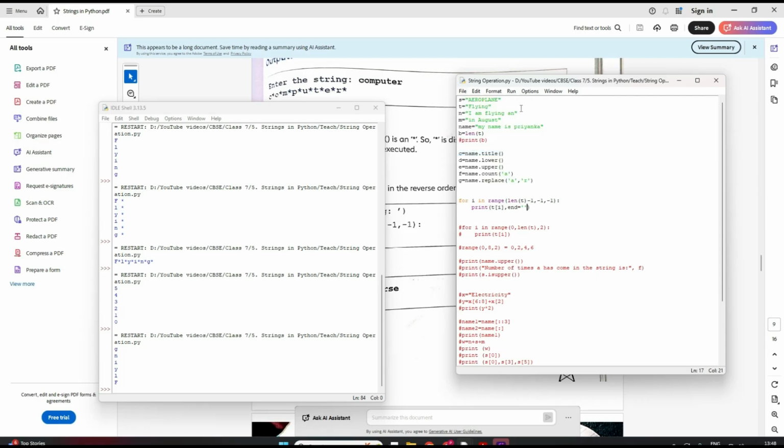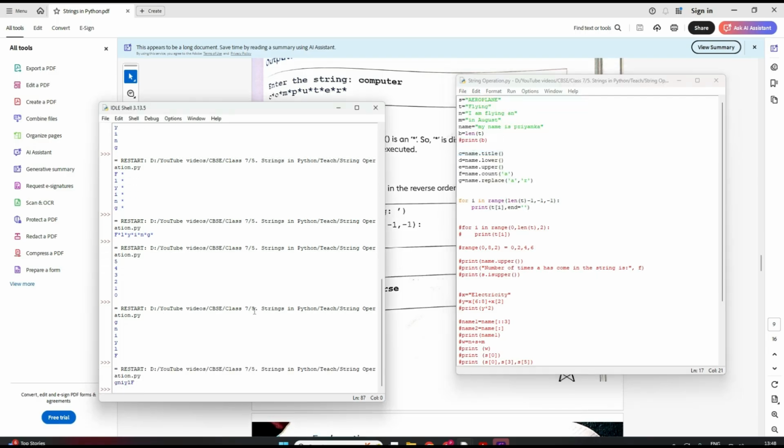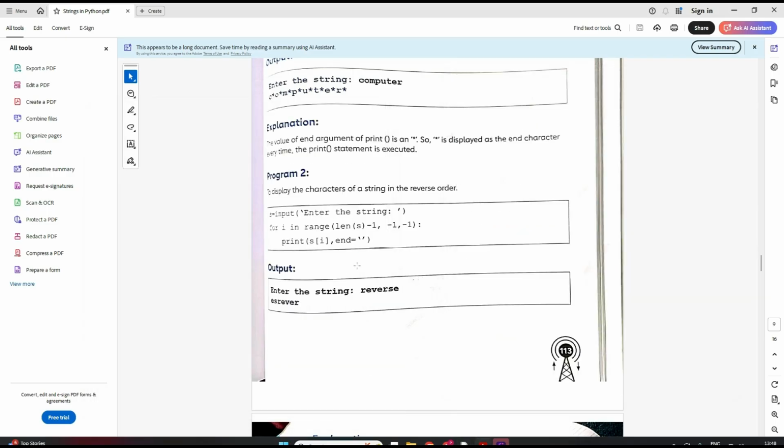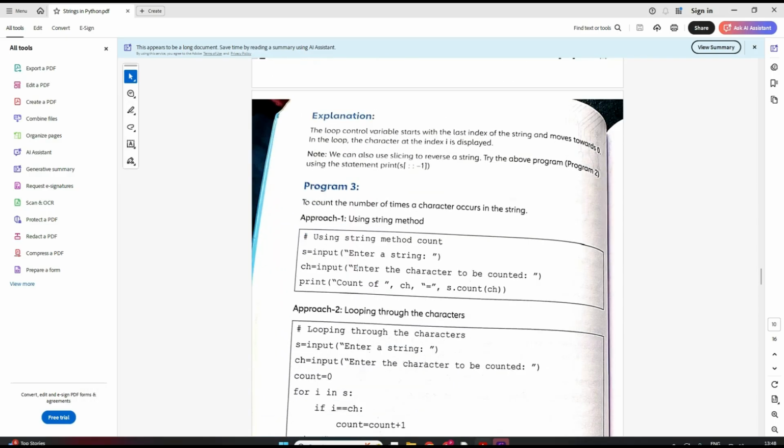Now let me just save and run. Yeah, see, did you see? In a reverse order I got this, and in the same line. So for that we have to use end. Clear? Is there any doubt, students? Please let me know. This is very important. You will need all this when you have to write programs. So how I have put this range function, I hope it's clear now, right? Now let's move on further.